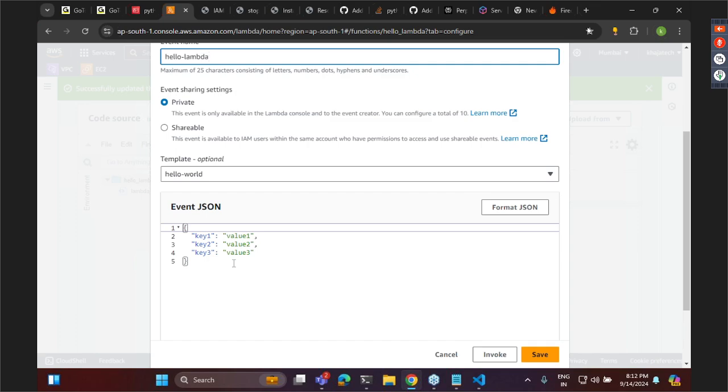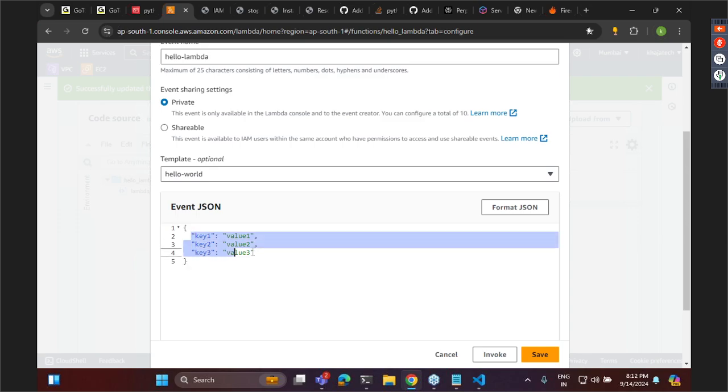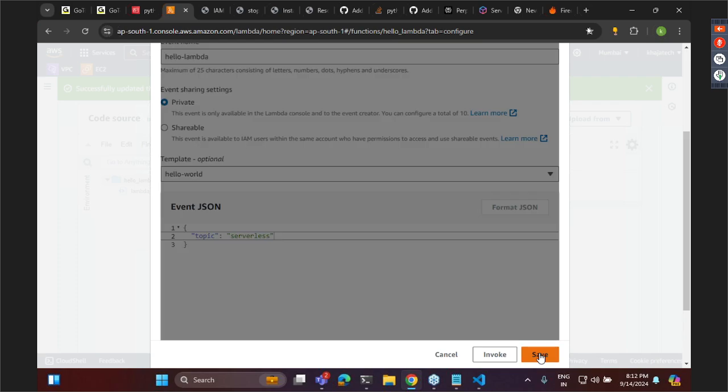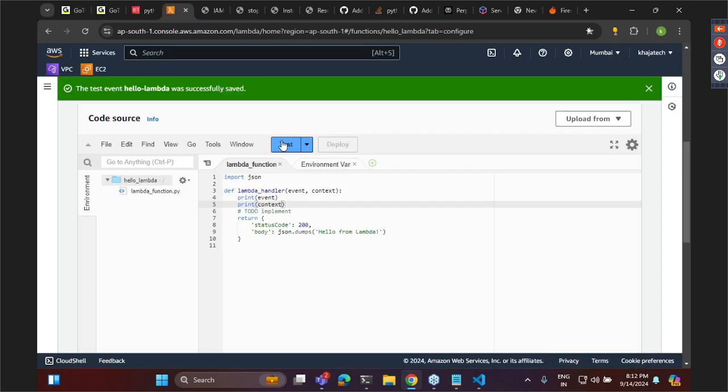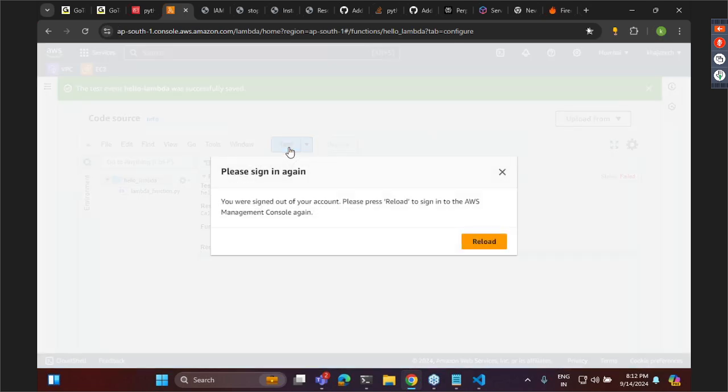I'm quite sure we know what JSON is. So over here, let me write something like topic is serverless. You can send any JSON for that matter. Let me click on save. And then once you click on test, what happens is,